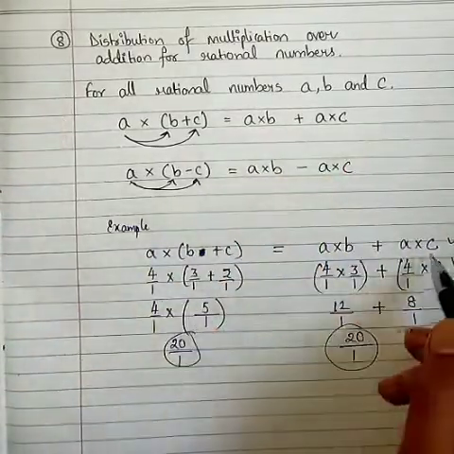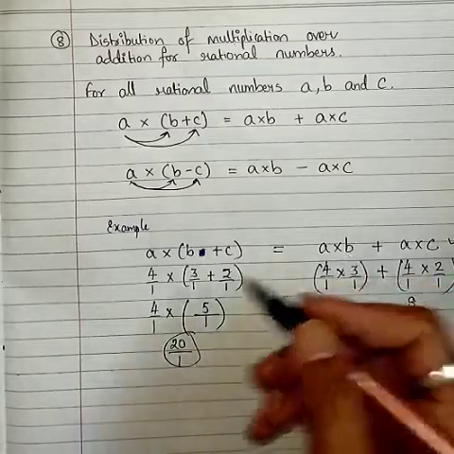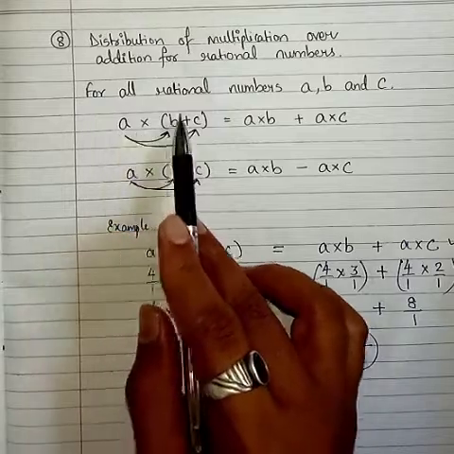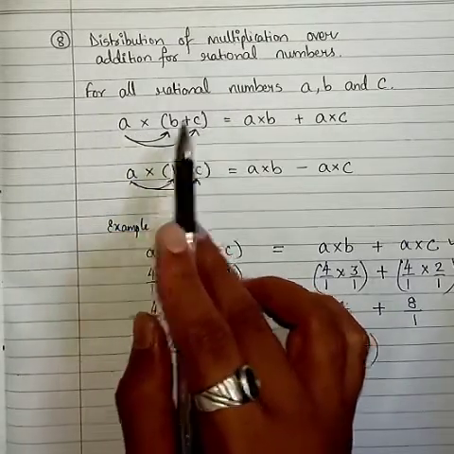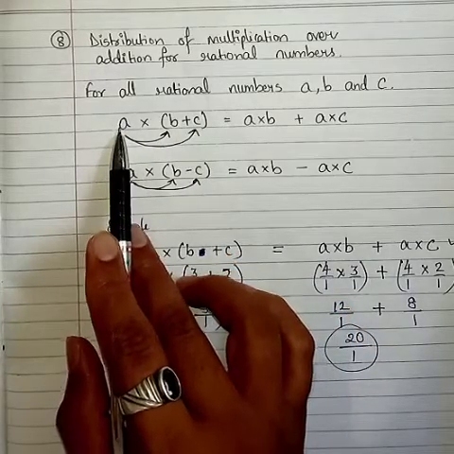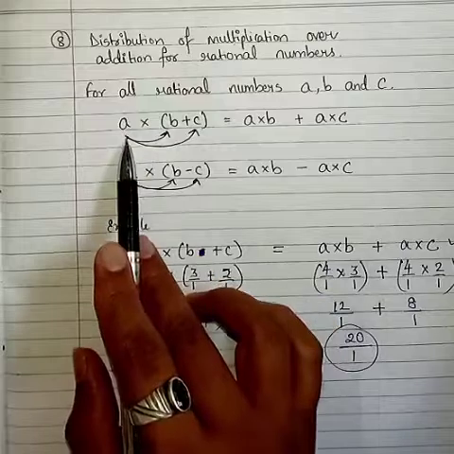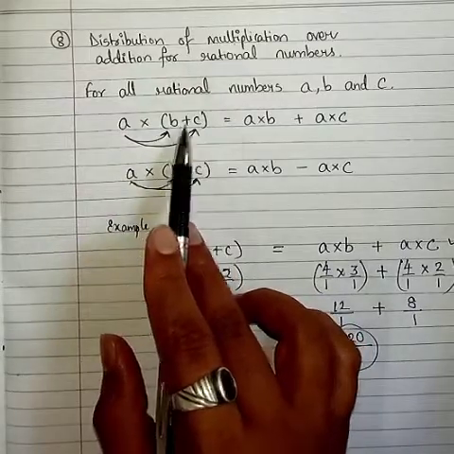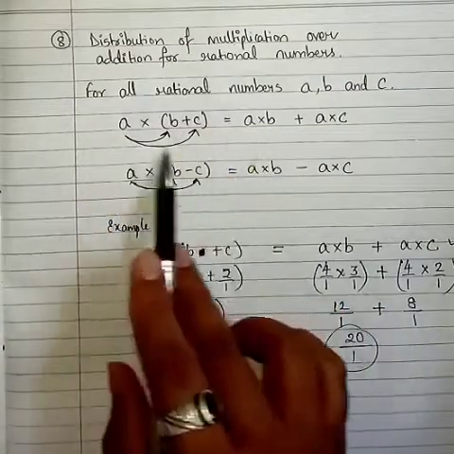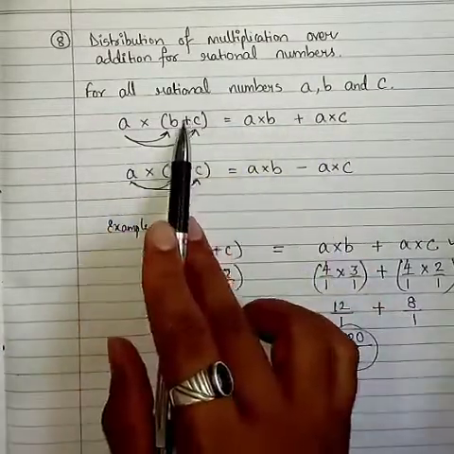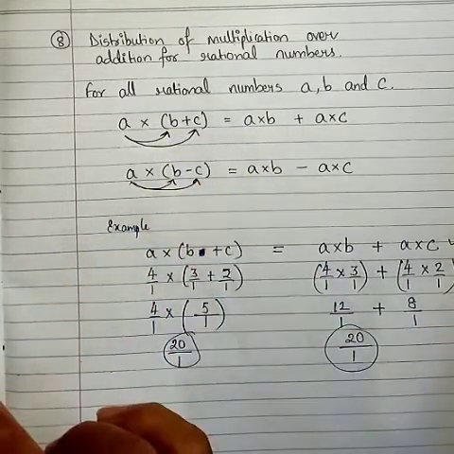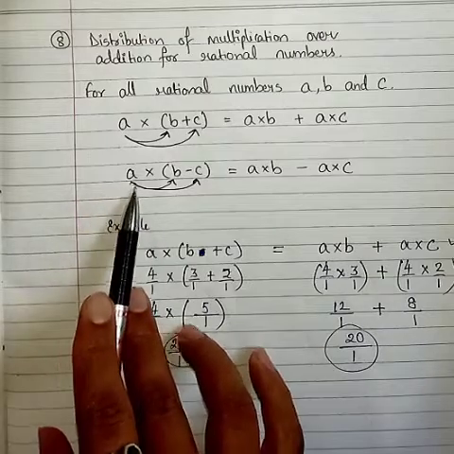वो इस एग्जाम्पल से हमने सॉल्व कर ली, और यहाँ से हमें क्लियर हो गया कि अगर कोई रैशनल नंबर a है और उसको मल्टीप्लाई किया गया ओवर एडिशन ऑफ 2 रैशनल नंबर, यानी ये 2 रैशनल नंबर b और c के एडिशन के ऊपर हमने मल्टीप्लाई अप्लाई किया है, तो जो फर्स्ट रैशनल नंबर है वो इंडिविजुअली एक एक नंबर से मल्टीप्लाई होगा और उनके बीच का ऑपरेशन बाद में उनके बीच लग जाएगा। जैसे a यहाँ पर b से मल्टीप्लाई हो रहा है, a यहाँ पर c से मल्टीप्लाई हो रहा है, और उनके बीच एडिशन जो ऑपरेशन था वो उनके बीच में अलग से लग गया, राइट।